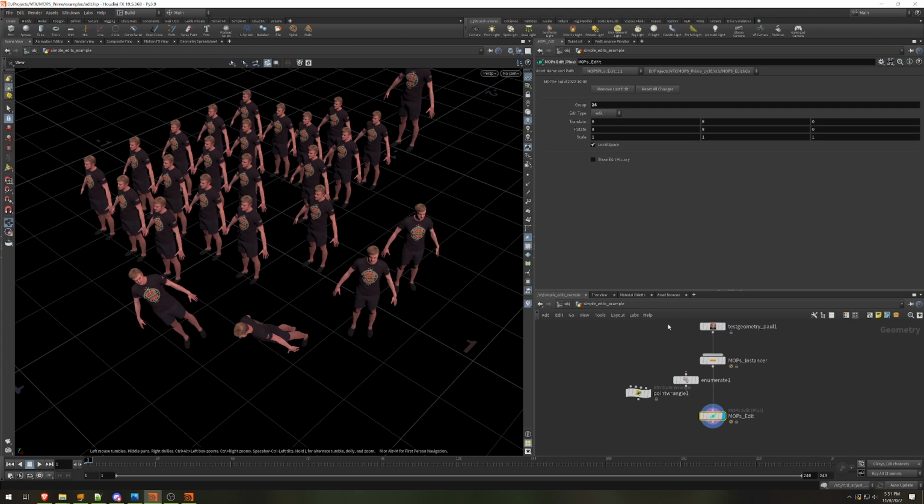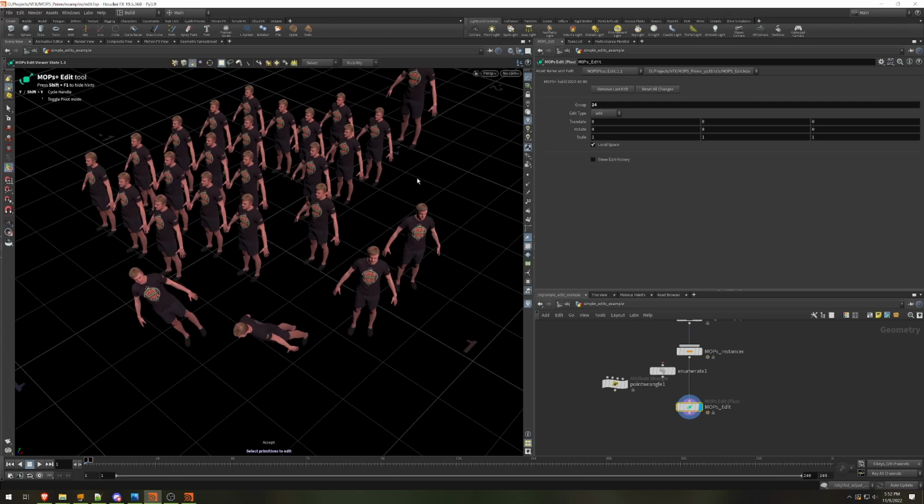If things start to get a little bit slow, if you've made a lot of edits, it might be a good idea to cache the output just with a standard file cache or with a stash SOP, depending on what you prefer for your scene. To re-enter the state, I'm just going to click in the viewport and then hit enter again,